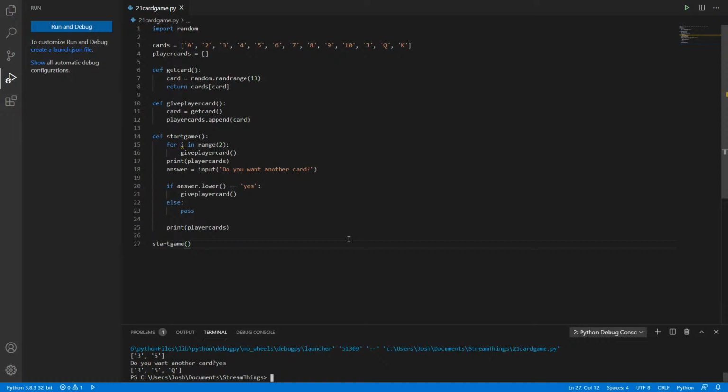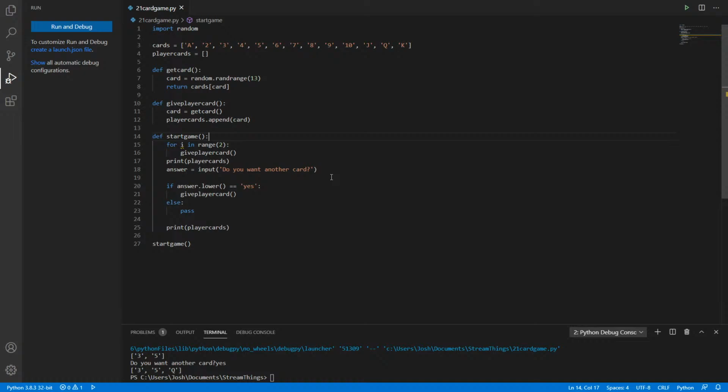You want another card, Adam? Well, we can't get another card. Oh, you're right, because it only stopped there. Because there's no loop. So we should do a loop here, shouldn't we? Yes. So I guess what we can do is just do a while loop,